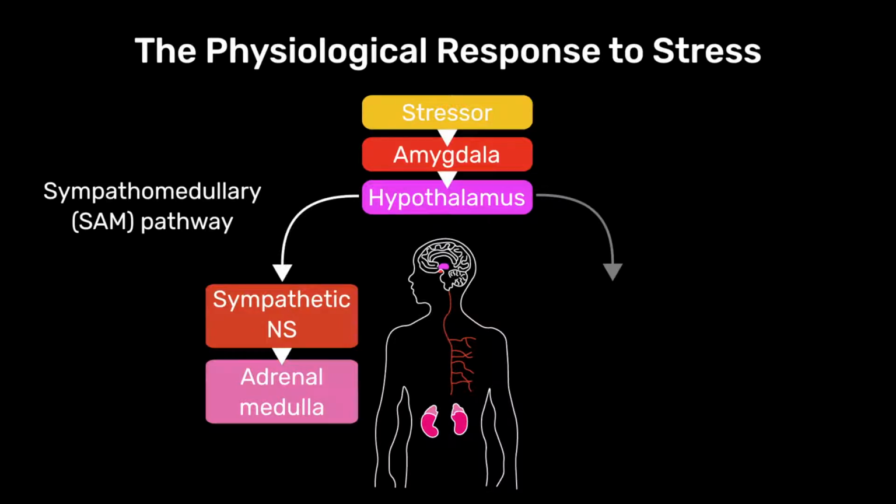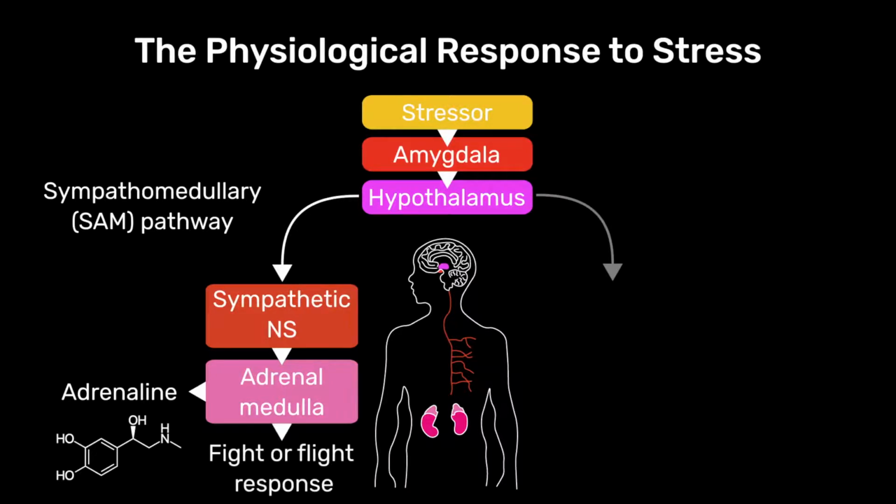Now what happens is that when the SAM pathway activates, it goes to the adrenal medulla and helps us to secrete a hormone known as adrenaline. Now adrenaline is really important in getting the body ready for what we know as our fight or flight response. So with this response we are getting ourselves ready to deal with the threat. And to do this we might need to have more oxygen in our body. So the adrenaline is going to help our lungs to fill and empty more quickly. We might need to pump that oxygen around our body faster, so the adrenaline is going to help our heart